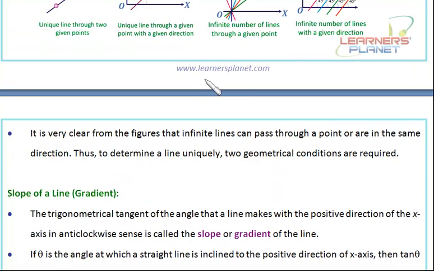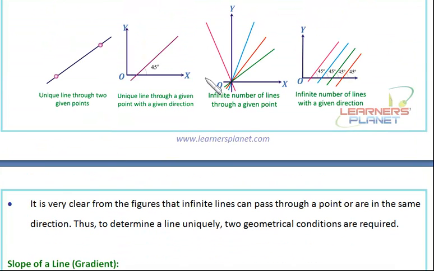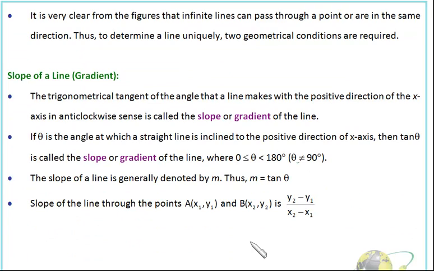Now we have seen all these figures, and it's very clear that infinite lines can pass through a point or are in the same direction, right? So if we wish to determine a line uniquely, two geometrical conditions are required. Let's discuss the two geometrical conditions. That is slope of a line. The trigonometric tangent of the angle